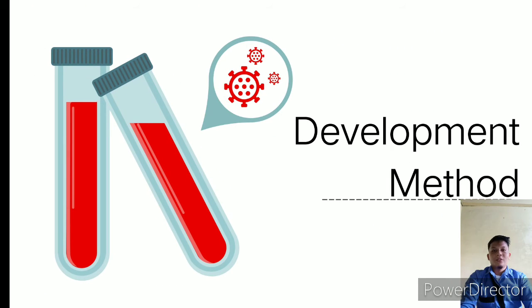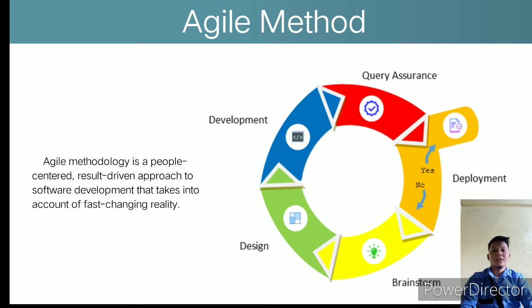Hey everyone, my name is Joshua Jipuras, and now I will discuss the development method of the system. The development method is the methodology used by the researchers to develop the system software. The Agile method. The Agile method is composed of brainstorming, design, development, quality assurance, and deployment. The first is brainstorming. Brainstorming is the first phase of Agile for searching requirements, analysis, and gathering information. The second is design, the phase of Agile that covers design, documentation, and prototype.